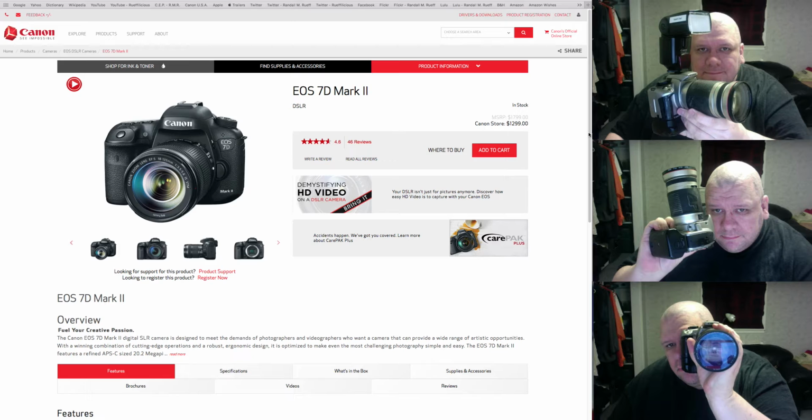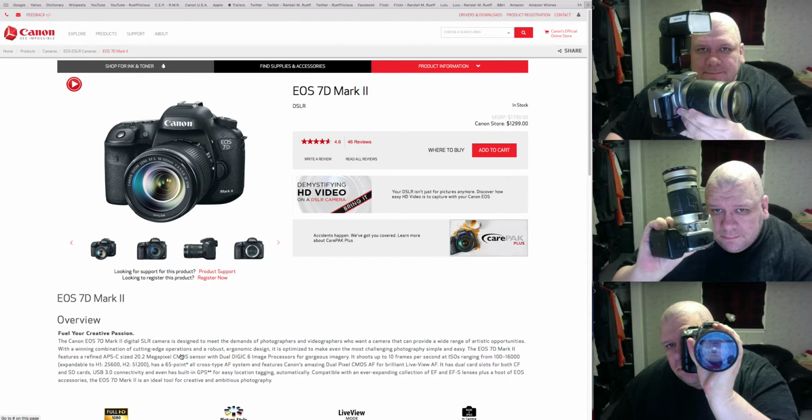This is the one everybody likes because it's got the crop sensor, which makes your lenses go even further. 20.2 megapixels. See, there's your APS-C size sensor. ISO of 100 to 16,000, which is pretty good. I mean, it's not as good as a 1DX and 1DC, but basically, this is your sports and wildlife camera, not portrait, but well, you can do